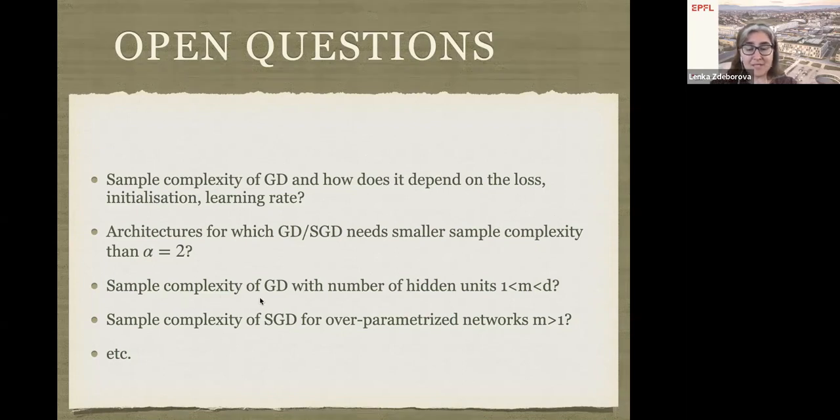Or, we still don't know how to analyze the sample complexity of the gradient descent if the number of hidden units was smaller than the dimension. The theorem that I showed you needed a number of hidden units bigger than the dimension. So what if it is somewhere intermediate, say half the dimension? Can we analyze how many samples are truly needed? Maybe more than 2, but how many? What would be the constant? We don't know how to do that.